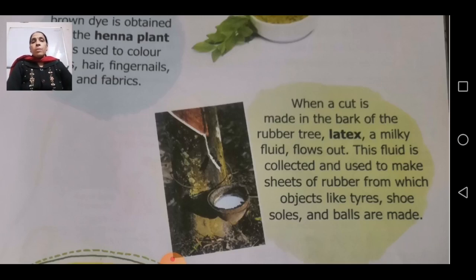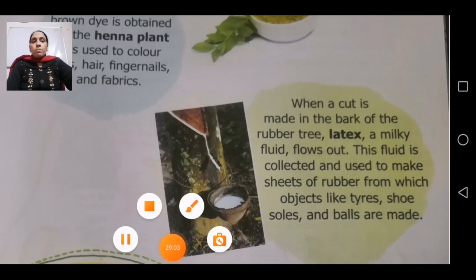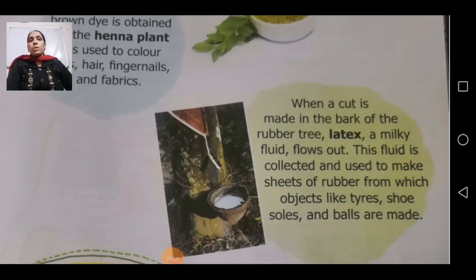So children, here I am going to finish the class. What you are going to do is revise both these pages, useful plants, and after that you are going to revise awesome animals. That revision you will do, and if you have any doubt, you will mark it in your book, and we will discuss it in our class.